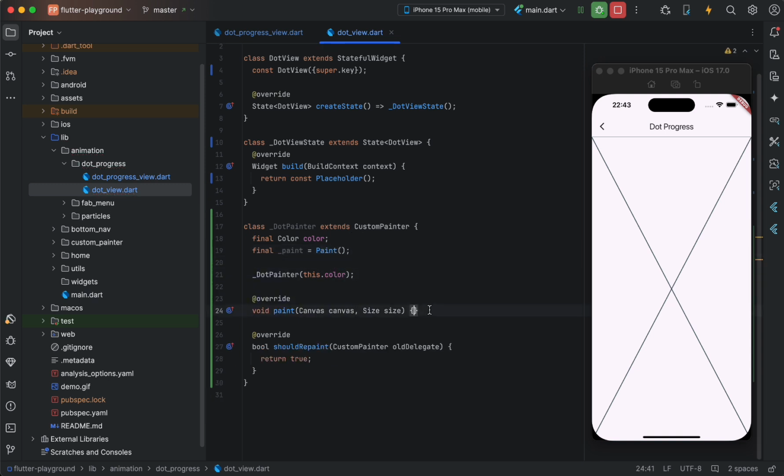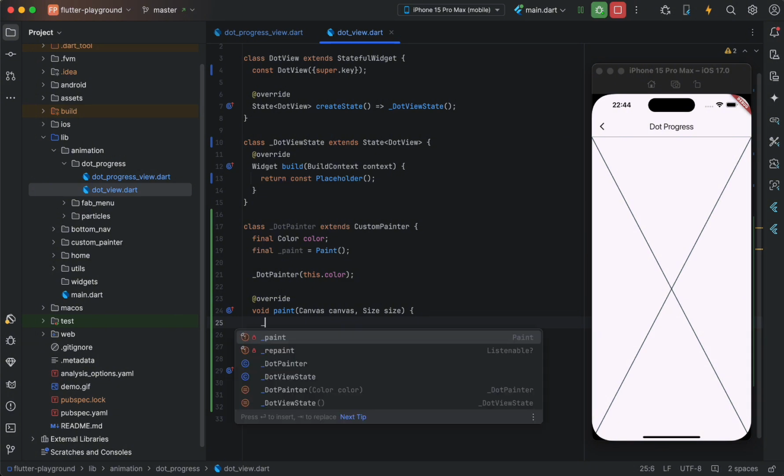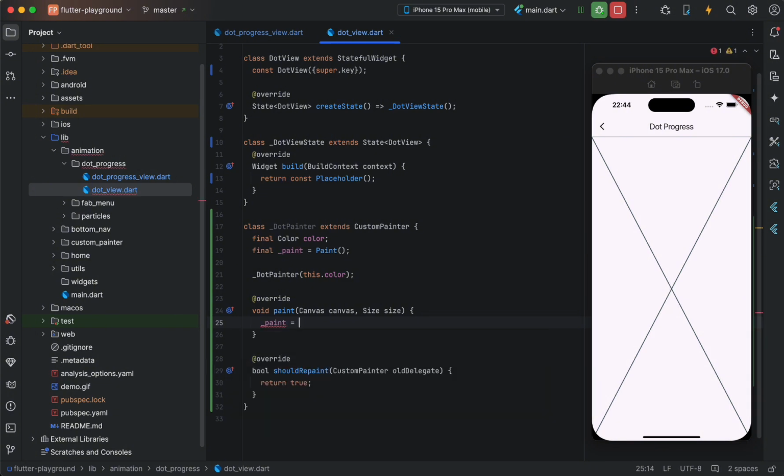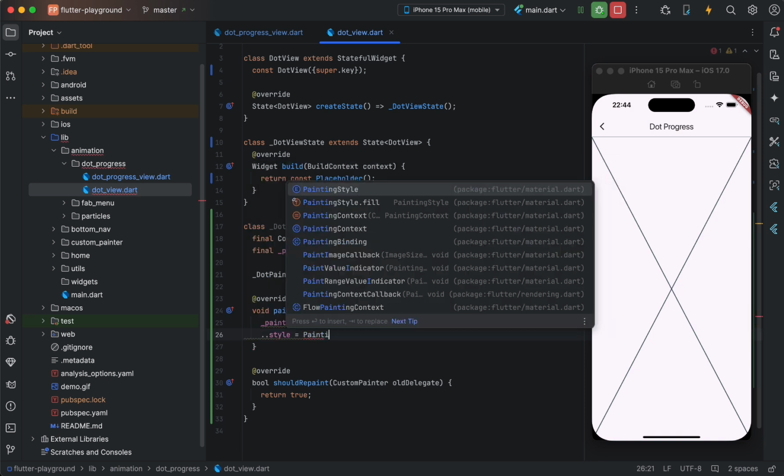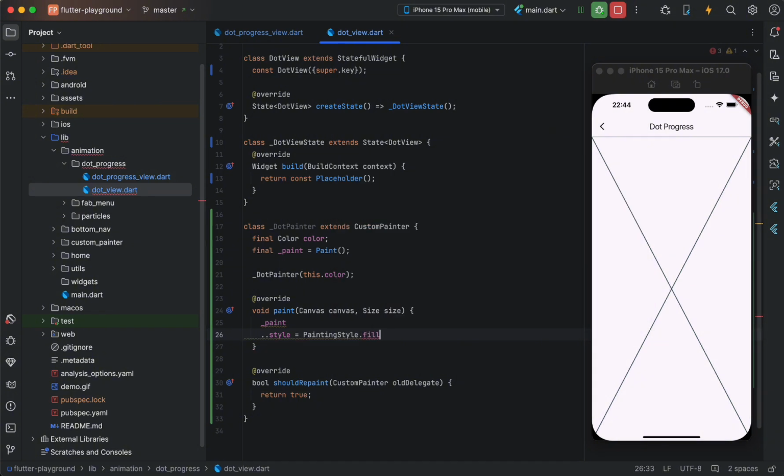So okay. Now let's fill this paint with our color. The style will be PaintingStyle.fill, and the color will be the provided color from the parameter. Okay,